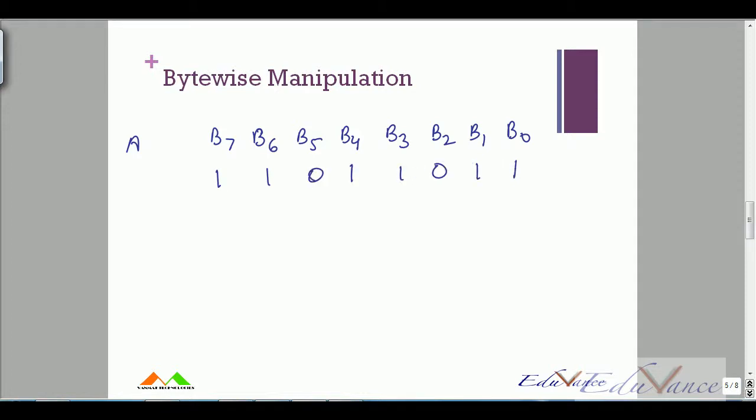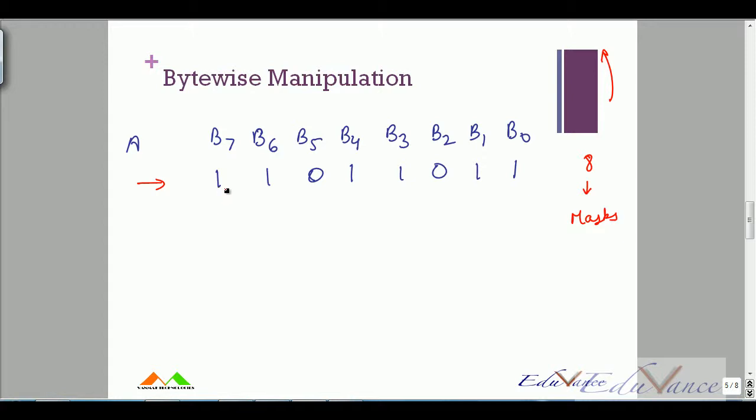Now if I want to invert all the bits in the byte, either I can use that previous method that I showed where I would need 8 different steps or 8 different masks. An easier way to do this would be